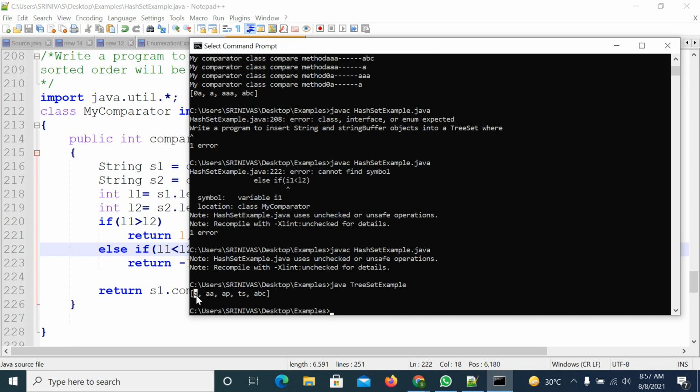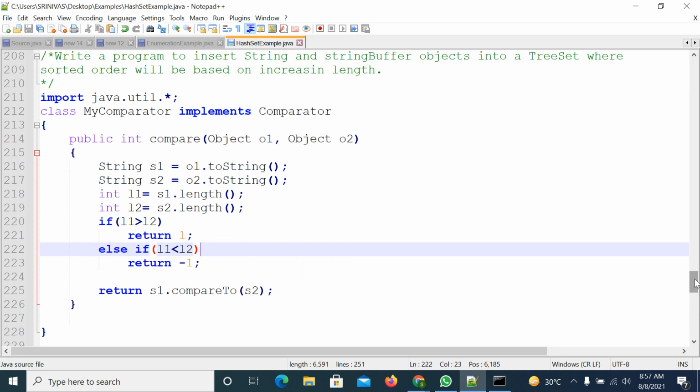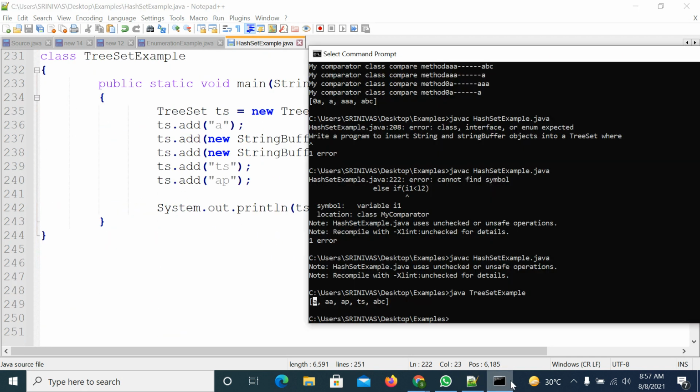See, first you are getting a string whose length is one character. Then you are getting double A, two characters. Here also two characters, here also two characters. But compare AA and AP: which one is less? AA is less than AP. Then TS, then ABC. So you are getting these in dictionary order, and the remaining are in length order. Actually, ABC is here.